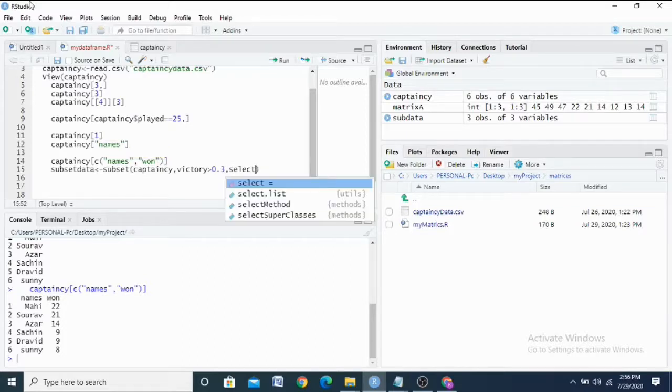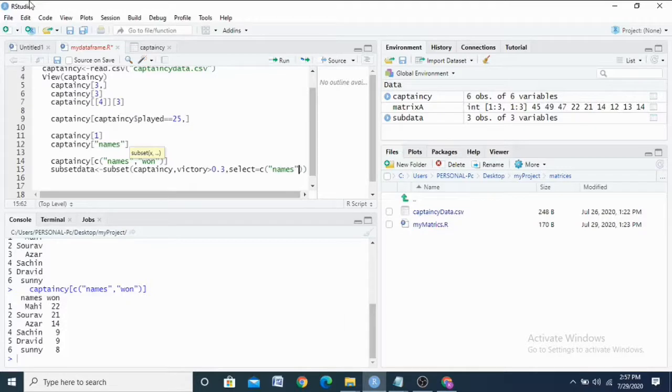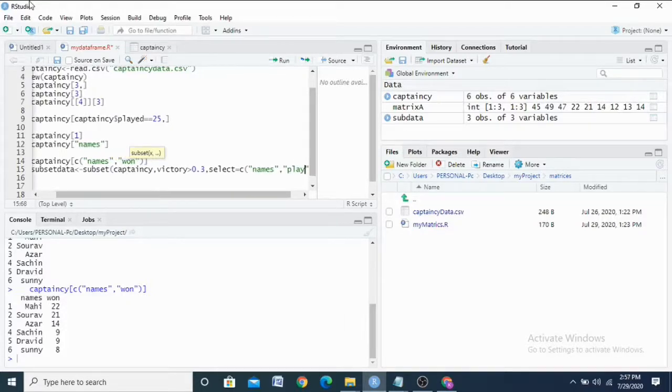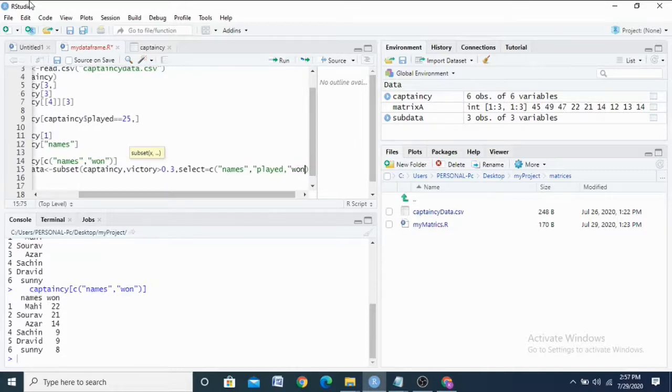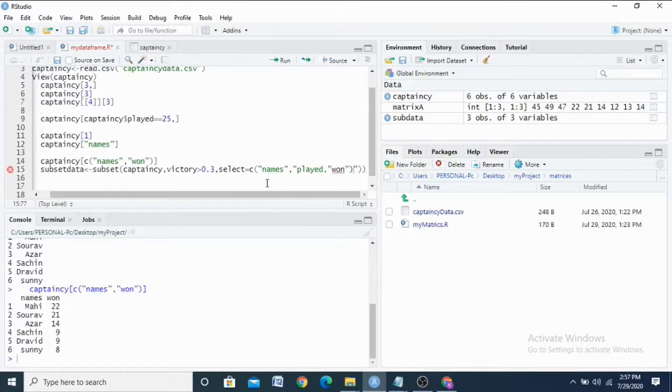Select, those who know SQL, similar to your SQL command. So select equal to C of names, comma, played, comma, won. So it's for viewing purposes.